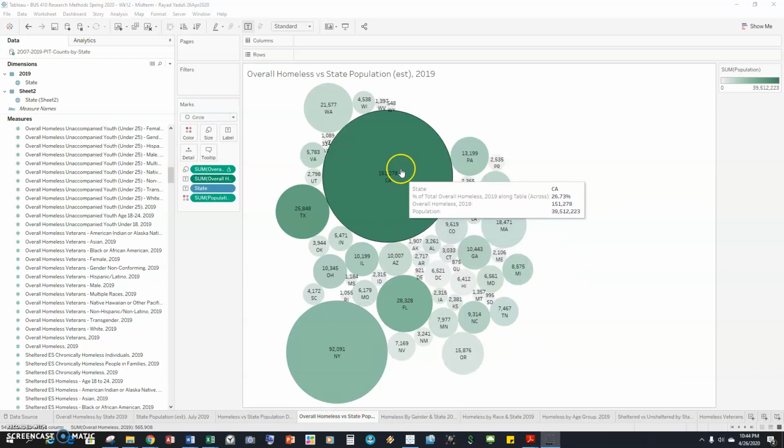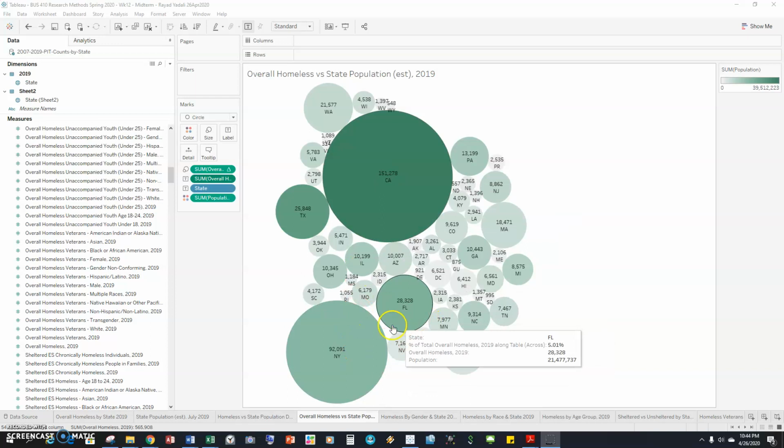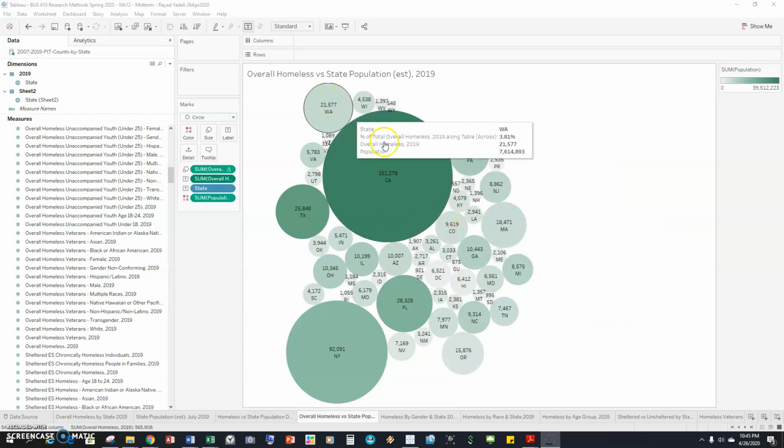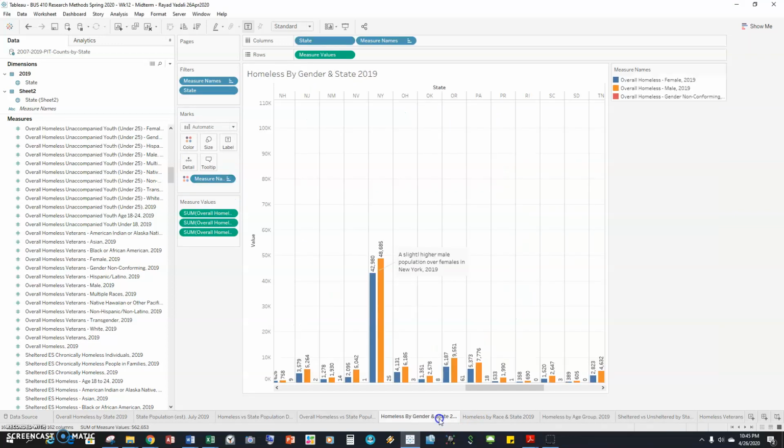Yeah, sorry guys. Overall homeless versus state population, obviously California is the largest in this packed bubble, followed by New York, Texas, Florida, and you'll see obviously a few of them under 20,000. If you keep going,